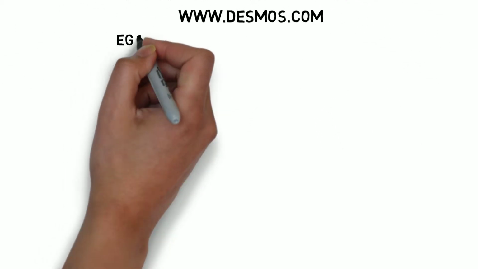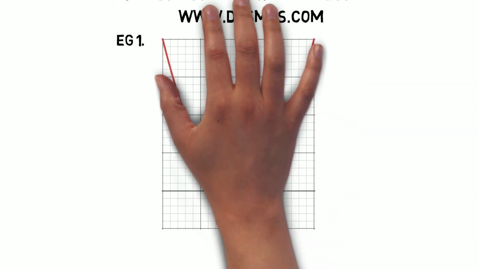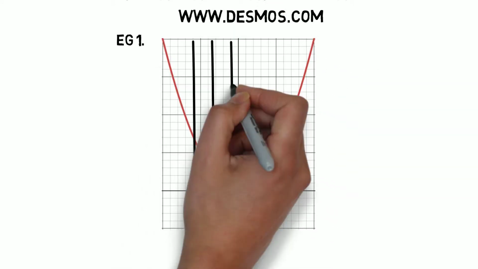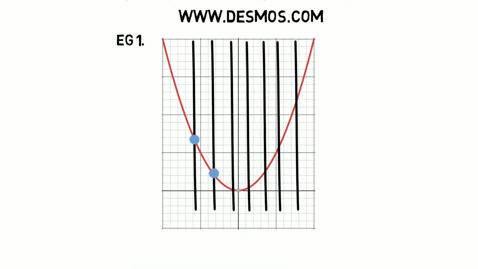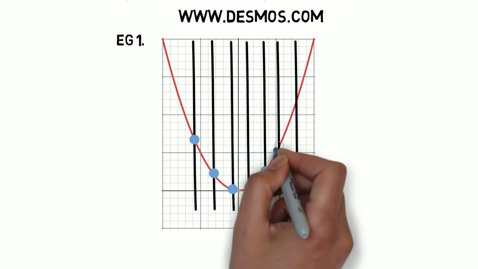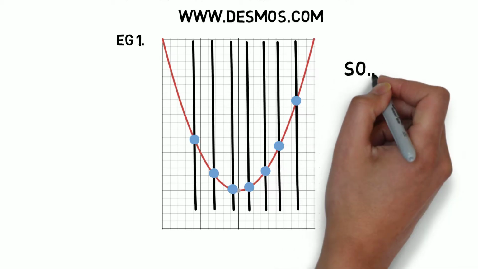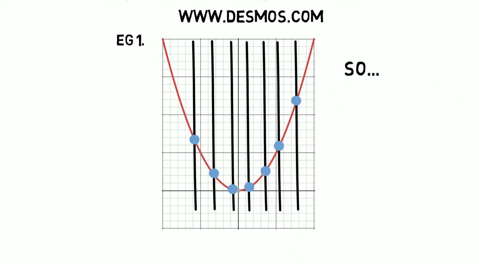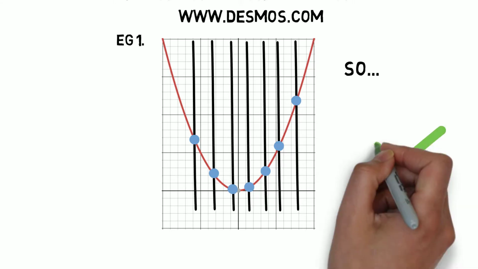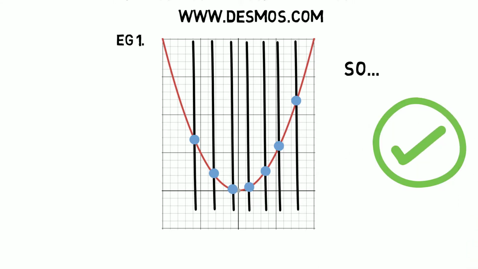So here we have example 1, and we just have a pretty average curve, and if we draw vertical lines all through it, we notice that the lines only intersect the curve once. So by definition, this curve is a function, because for every x value there is one